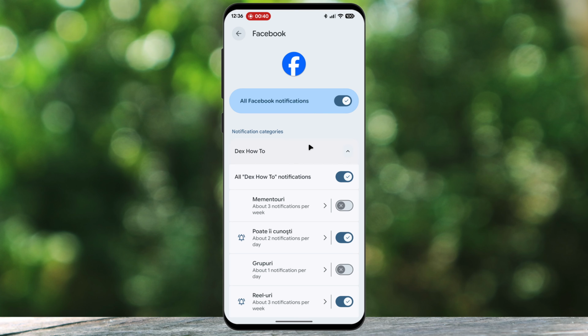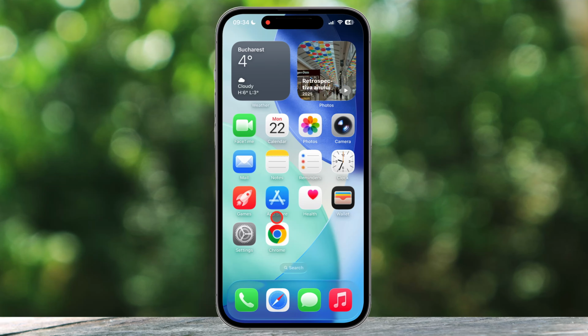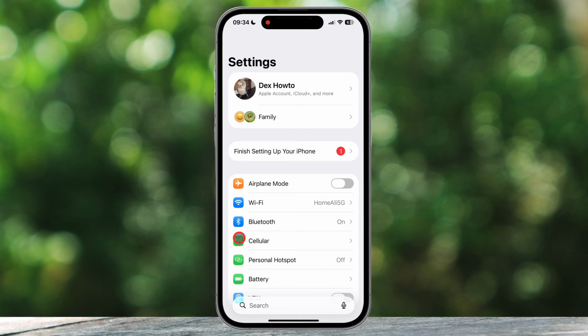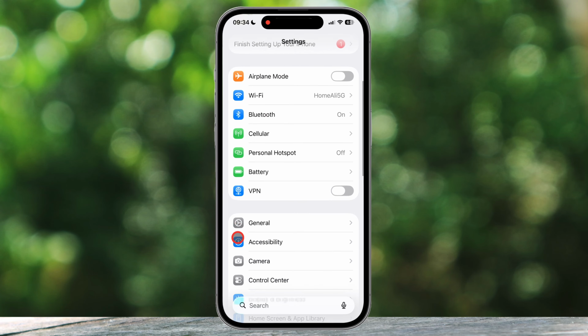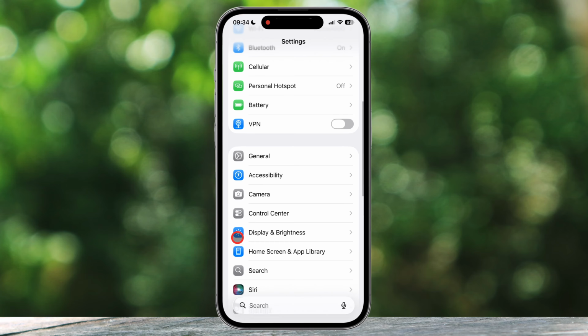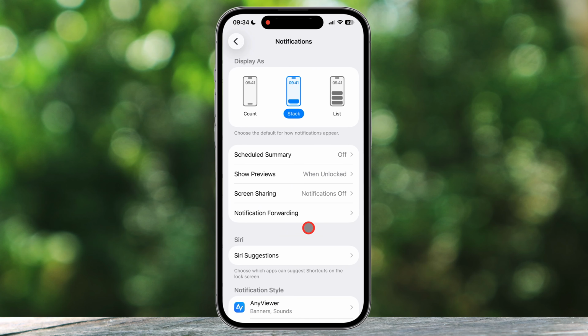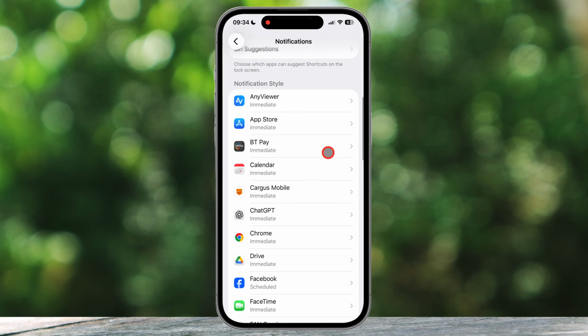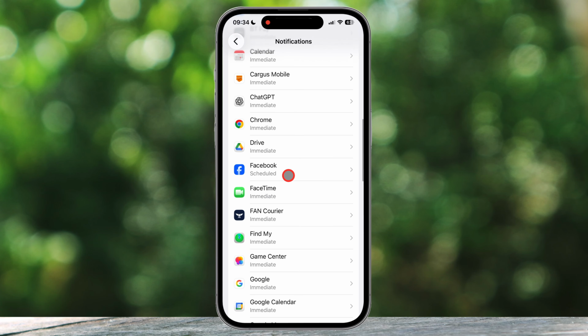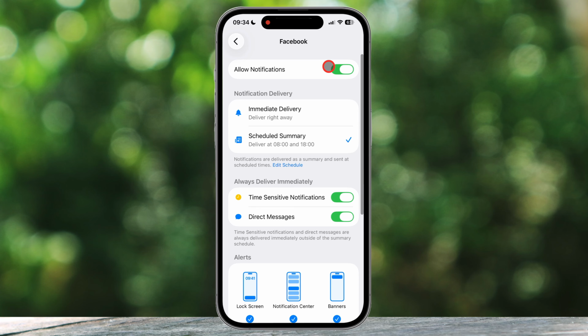Now let's switch gears to the iPhone, where Apple handles things a bit differently with a focus on visual style and timing. Unlock your device, open the gray Settings app, and tap on the red Notifications tab. Scroll down to find an app like Instagram or WhatsApp and tap on it. At the very top, you have the master Allow Notifications toggle, but I want you to look at the Visual